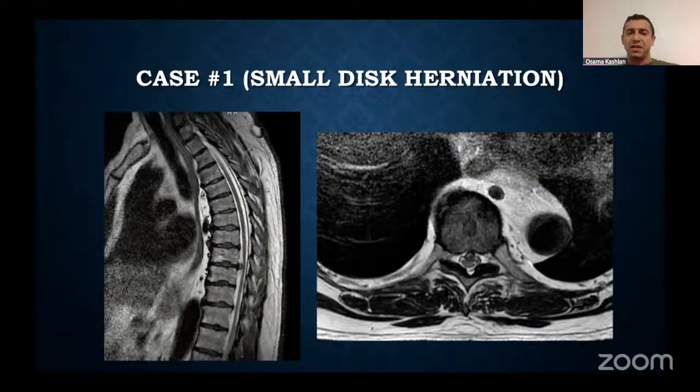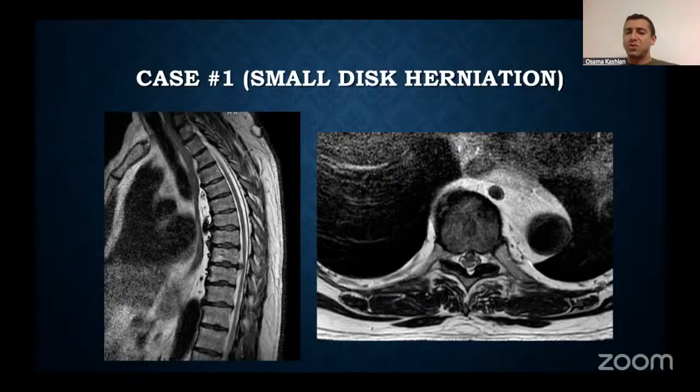And as you can see here, there's a thoracic disc herniation, very central but very small, localized to the level of the disc space at that level. And you could say maybe it's a little bit more on the left side. So for a lesion like this, traditionally you would do either a transthoracic discectomy, or you could do a transpedicular approach with a plus minus fusion. All these procedures are open procedures.